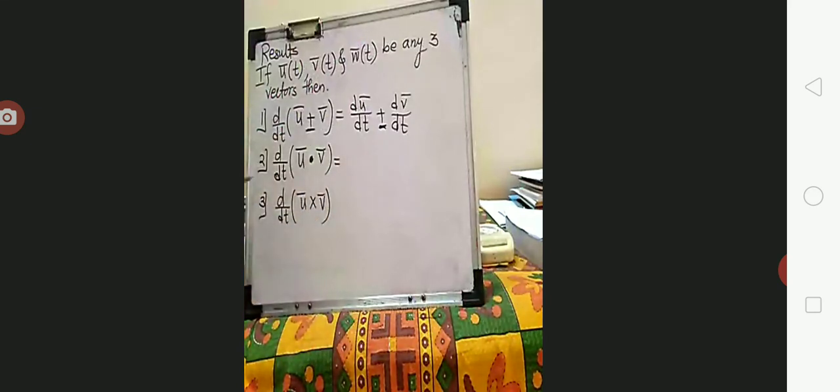Correct. So for the dot product, d dt of u bar dot v bar, how can you find that? You take the product rule the way we wrote it earlier for ordinary derivatives. See, what is the dot product here? It is nothing but a scalar quantity, again written in terms of the product of two functions of t. So I have to use the product rule separately for each term. The same thing we'll do here.